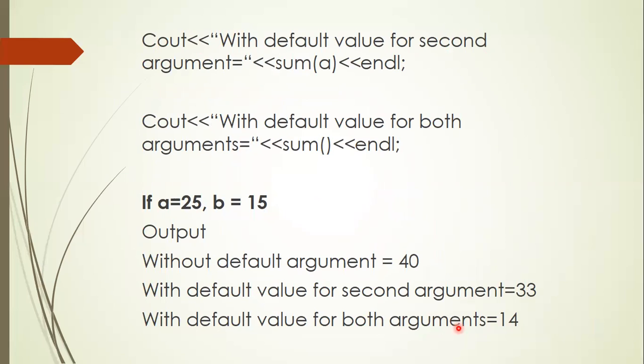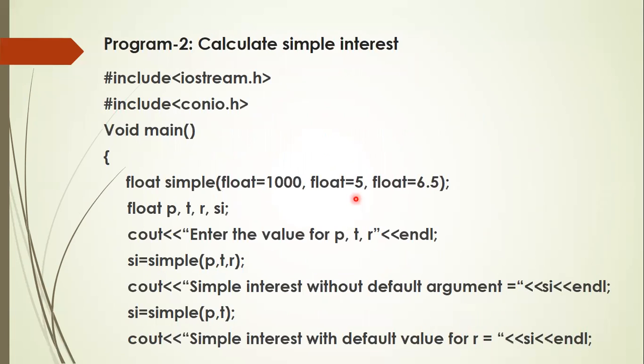Hope you understood how default arguments are used. If arguments are present, default values have no meaning. If the arguments are missing, meaning it will take them from the default list. In the second example,